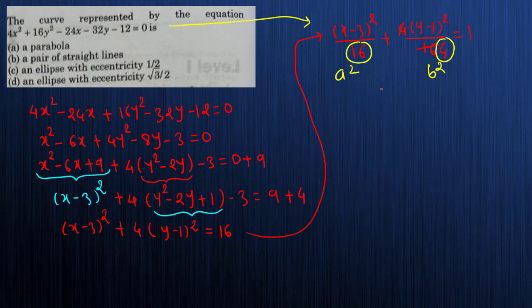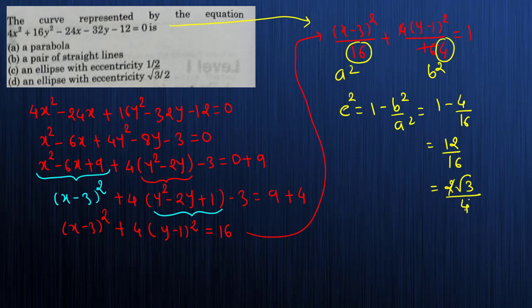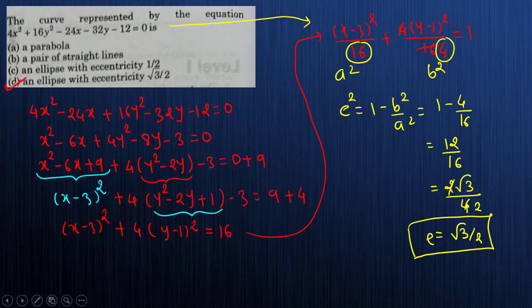Okay, now from this definitely we can find out the eccentricity now. So e square is equals to what? It is 1 minus b square by a square, which is nothing but 1 minus 4 by 16 equals to 16 minus 4 is 12 divided by 16. So it is 2√3 divided by 4. So ये गया by 2 पे, so you will be having √3 by 2. So eccentricity कितना गया, ये आ गया √3 by 2, this eccentricity. So which option is correct? So option number D.